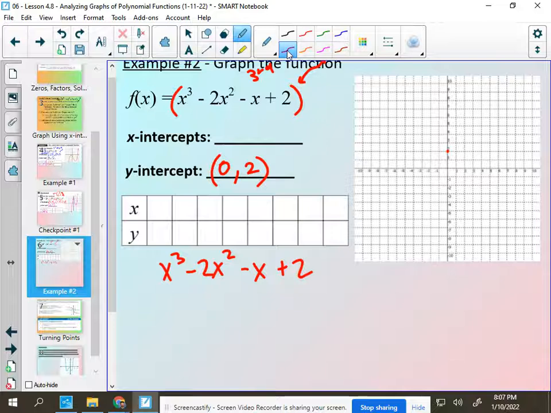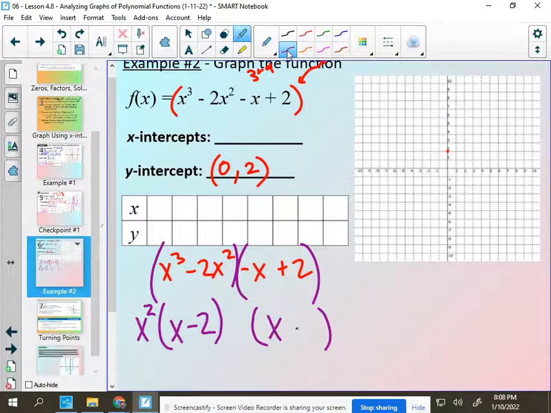What are we going to do? We're going to look at this right here and say, hey, I can factor this by grouping. Hopefully we see stuff like that. I see this first group. If I take out an x squared, that leaves me an x minus 2 right in there. I know this has got to be x minus 2 if I reverse engineer it, meaning I've got to take out just a -1. I put these two things together, x squared minus 1